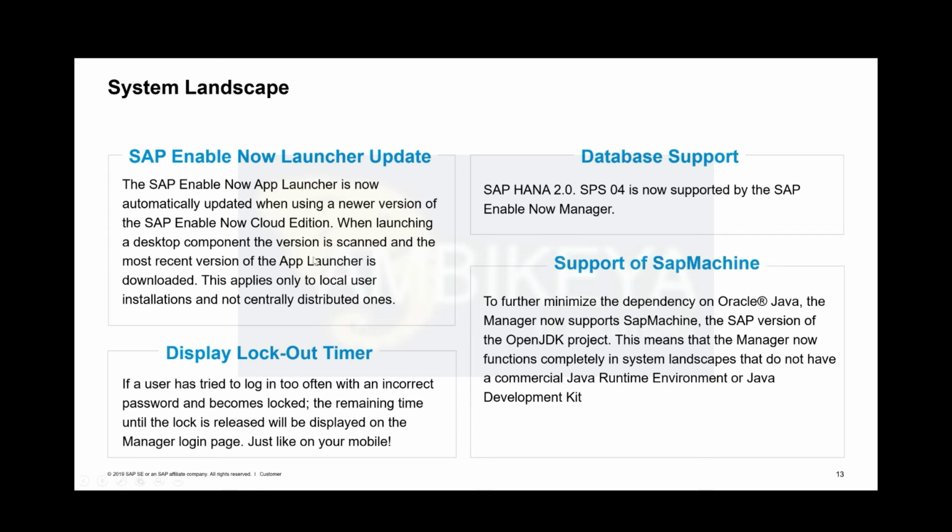Good. But the launcher. So we are in Java business again now. Why did we invent the Enable Now launcher and the SENL MIME type? Because we wanted to get rid of the Java dependencies. Java is not for free anymore for some scenarios, and so customers were concerned, so we had to find a way to get rid of it. And the nice side effect of having the launcher is that it's easier now to create a seamless and completely communication-free auto-start behavior of desktop assistant using the launcher, because SENL is a proprietary MIME type